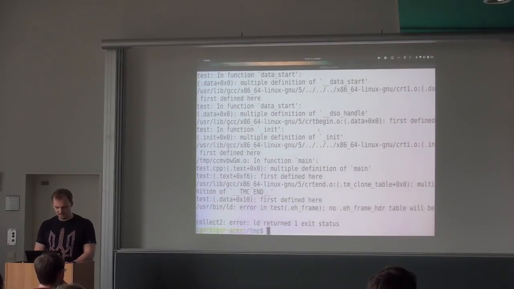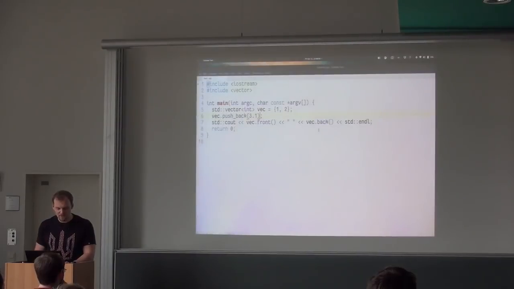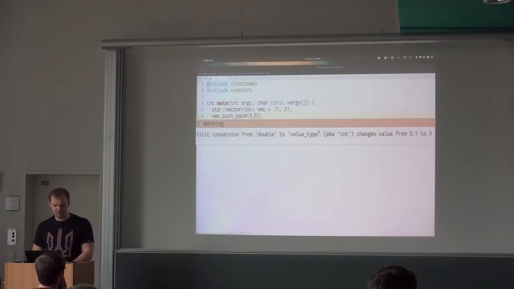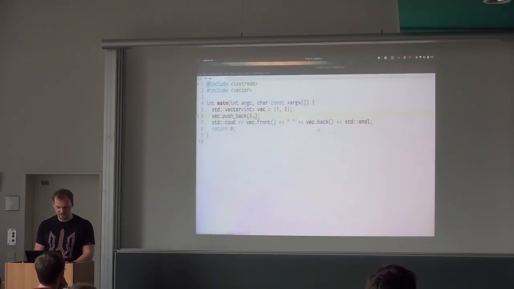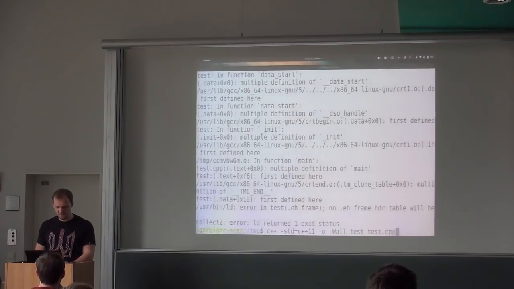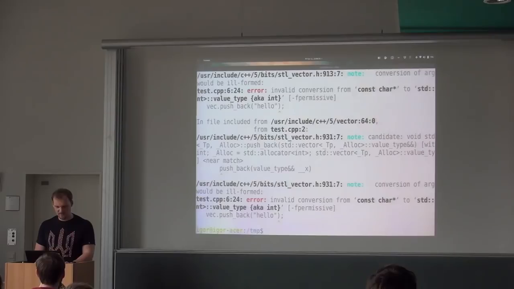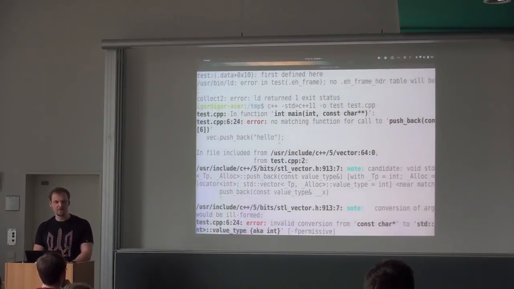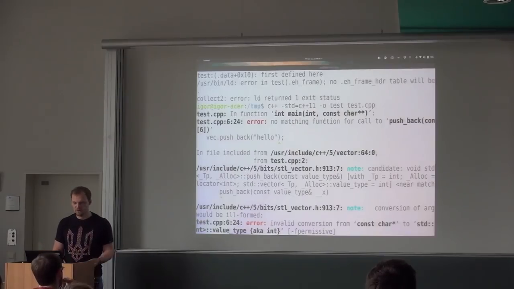We're going to come to that later. I don't know why it doesn't link. Okay, anyway, there is a warning for this part because it knows that it's a double, but it tries to convert it to an integer. But generally, if we type here a string which cannot be converted to an integer, then this should fail. So now it gives us a lot of errors, and this is how the errors look when the compiler doesn't know how to do something.